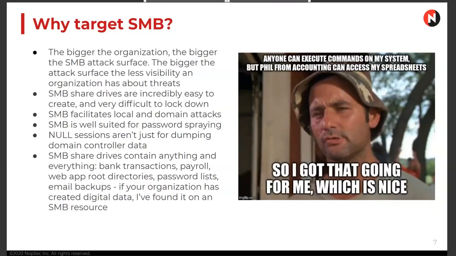And finally, the reason that we target SMB is because it contains anything and everything that your organization has ever created in a digital capacity. Your digital footprint is literally out there in your SMB shares somewhere. More often than not, all it takes is a very, very low privileged basic domain user to get access to